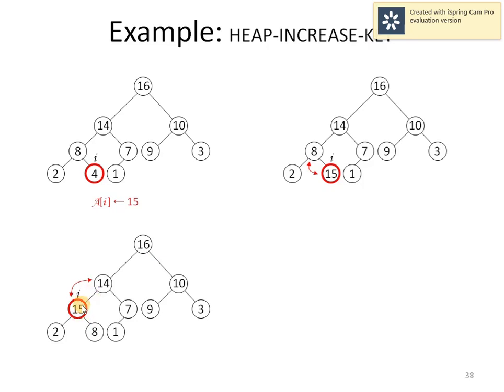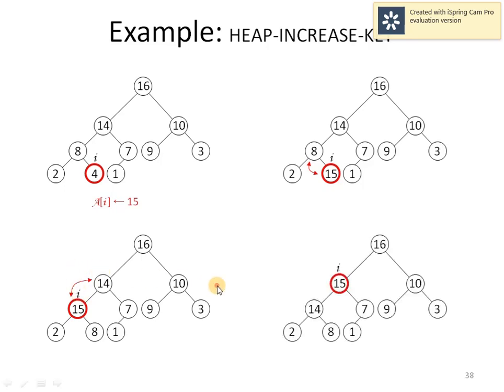Now again the while loop gets executed, we will check if i is equal to 1 or not. Since i is equal to 4, the first condition is satisfied. Also the parent of i: now i is equal to 4, so the parent comes out to be at index position i/2, that is equal to the second index position. So at the second index position we have 14. So 14 and 15 will be compared. 14 is less than 15. So swap and update the value of i to i/2. So accordingly we will reach this position.